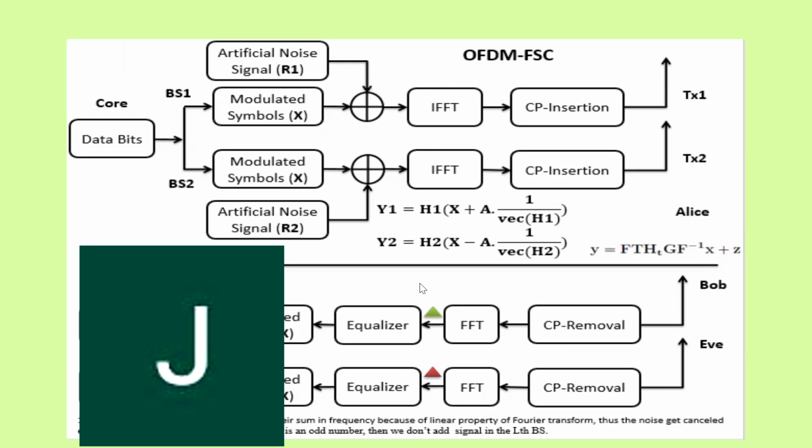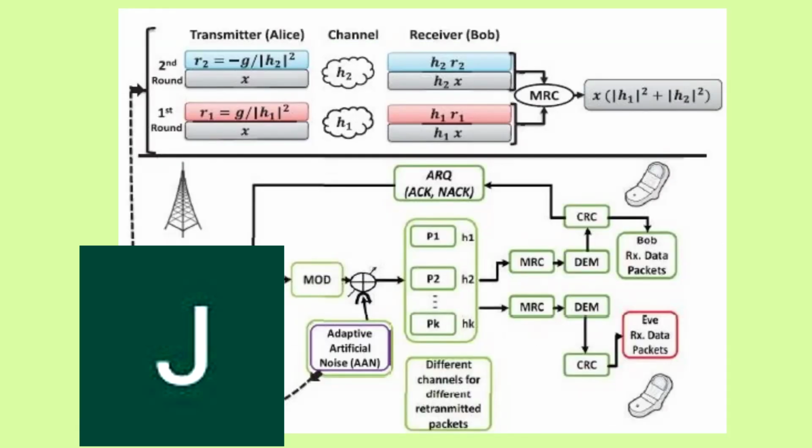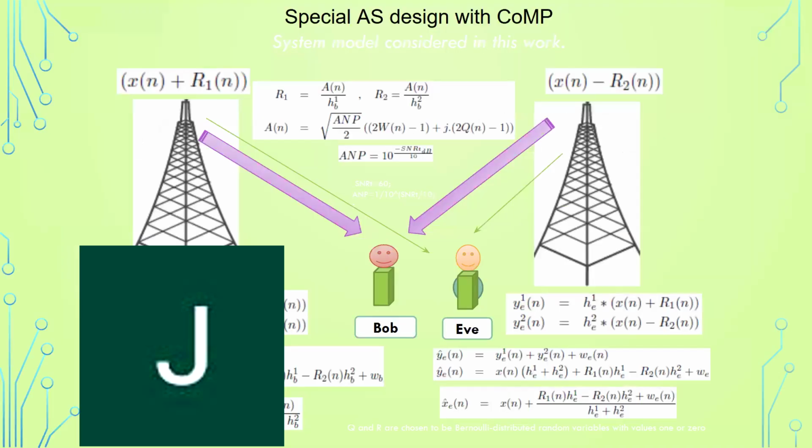So this is one of the techniques that we use in order to provide security when we don't have null space. We don't necessarily need to have null space, or we don't need to retransmit the same packet twice. So these are the techniques, the 1, 2, 3, and the next technique after that,